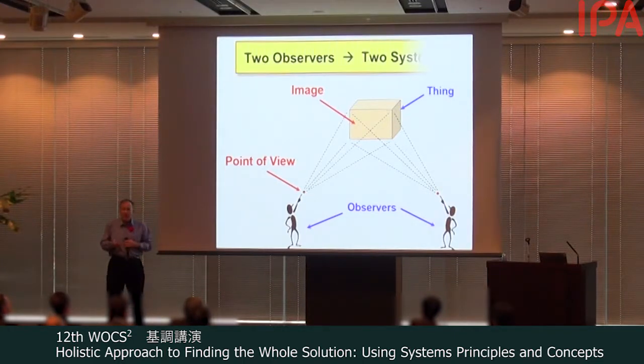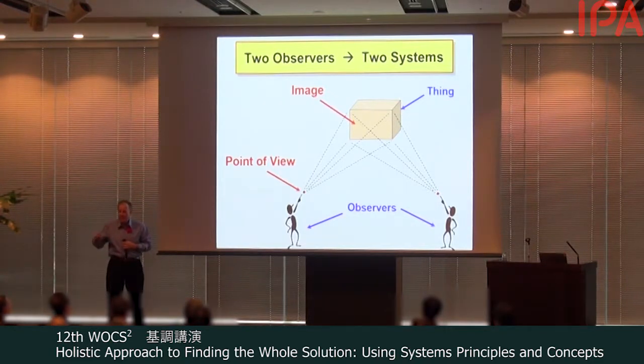So we can draw a conclusion from what Gerald Weinberg says. If the system is a way of looking at a thing, then if you have multiple observers, you have multiple systems. Very key point. Our system engineering teaching, our textbooks, our discussion does not recognize this essential fact about systems.